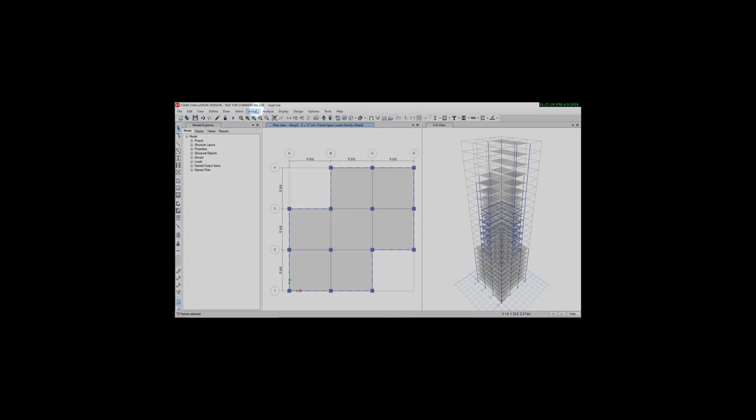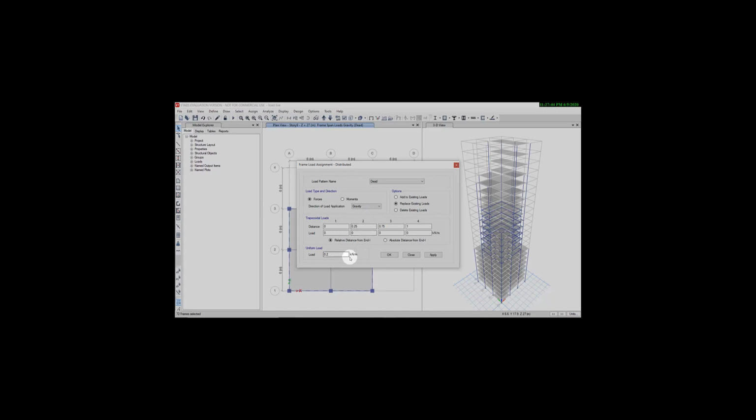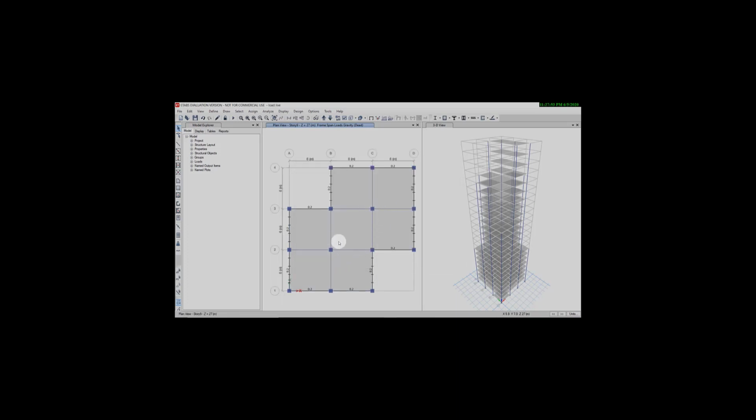Go on assign, frame load, distributed 0.2 kN per meter, apply, OK, close. Here we applied cladding load from story 9 to story 14.